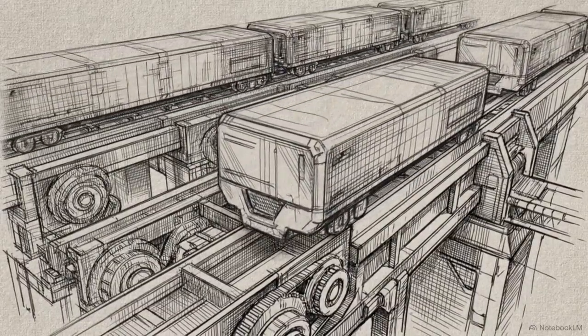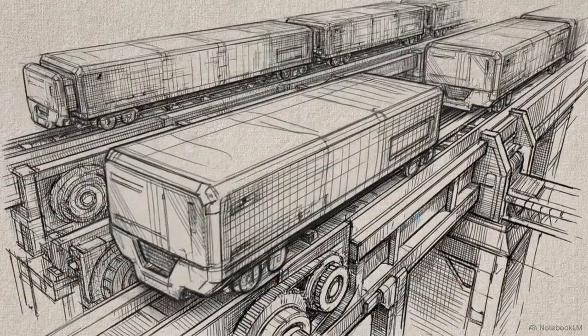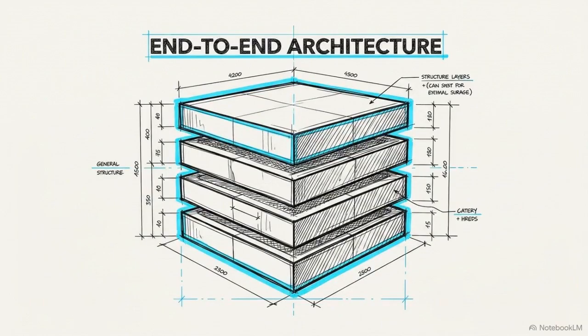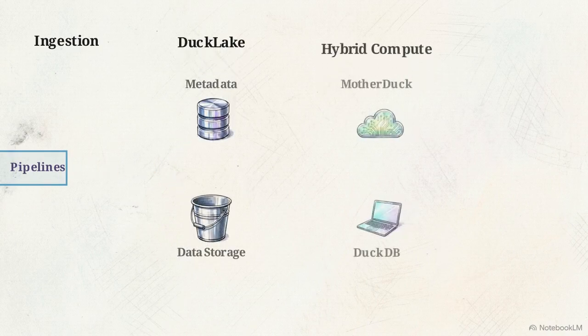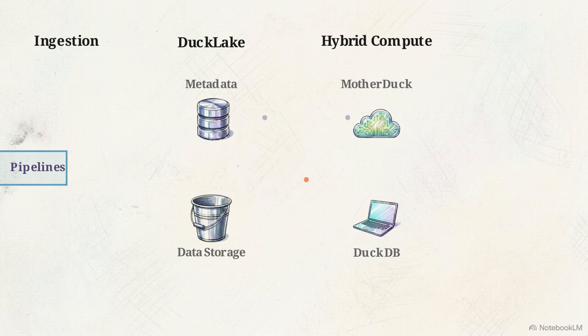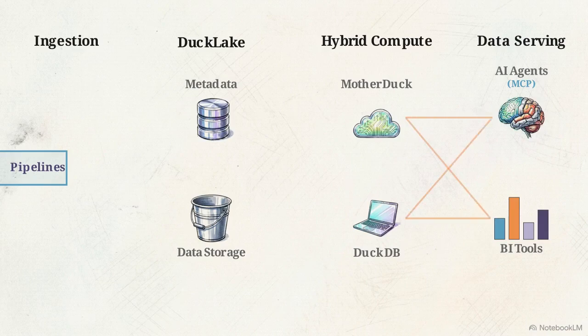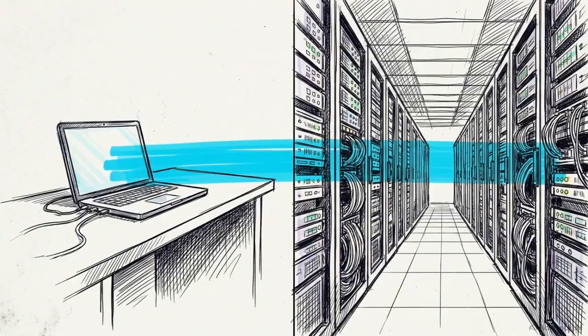This breaks down the complete end-to-end data platform built on the Duck stack. We move across 4 stacked layers, from ingestion to lakehouse storage, up to compute, and finally to data serving. Ingestion pipelines stream data directly into low-cost object storage, organized by Duck Lake. The workloads are processed locally by DuckDB, or scaled to MotherDuck, natively serving business intelligence tools and AI agents through the Model Context Protocol. The stack successfully unifies the low-latency iteration speed of local development with the petabyte scale of